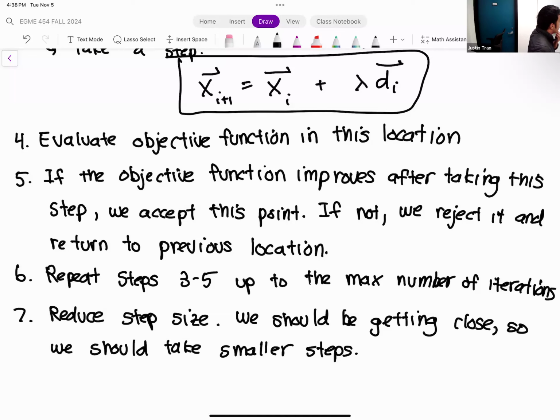Now, how quickly you reduce your step size is up to you. You can be very aggressive and reduce your step size by half, or you can be a little bit more careful and maybe reduce your step size only by about 20%, and then you just go back from there.